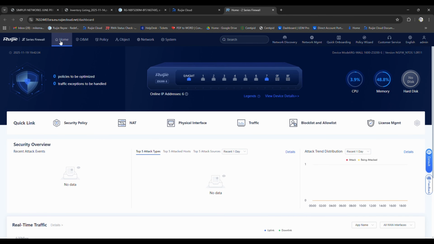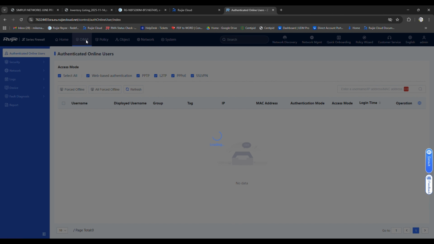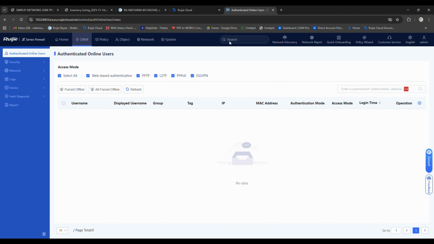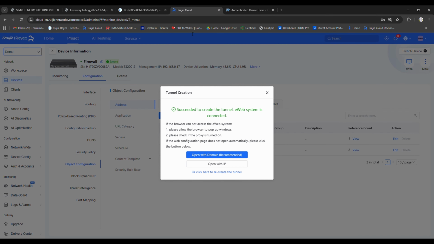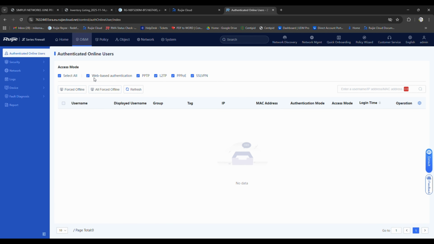Now, on this panel we have a few menus that allow you to do most of these features. As you can see, most of these are not on the RIGI cloud. On the RIGI cloud here, it's a bit limited. But if you want to dive deeper into configurations, this is where you do it. Now it has the web UI,